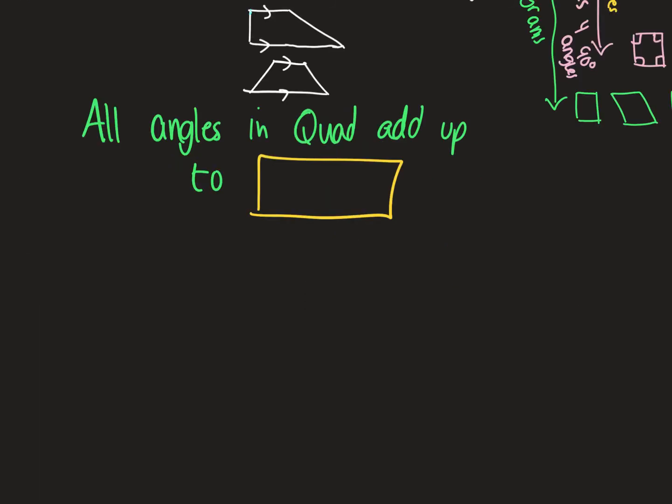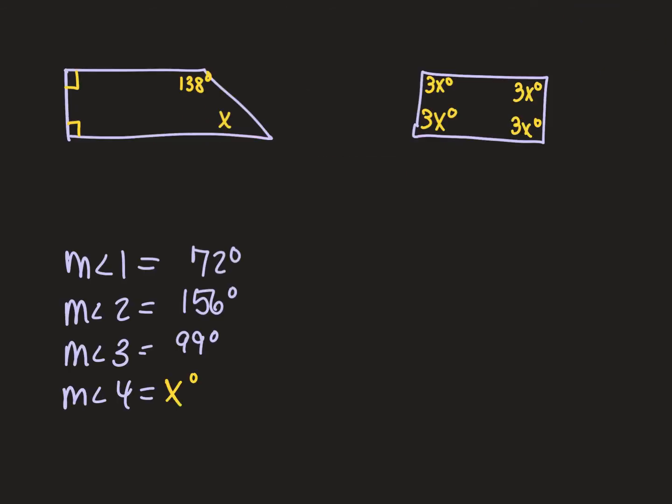The special number for quadrilaterals is 360. All of the angles in quadrilaterals will add up to 360. Triangles were 180, but quadrilaterals are 360. So let's look at these examples. This trapezoid told us 3 of the 4 numbers. So if we